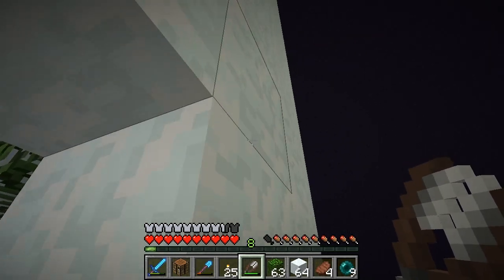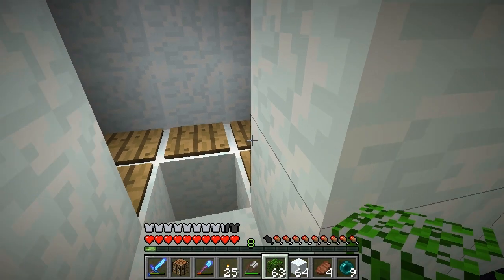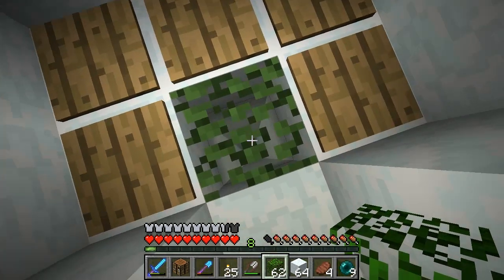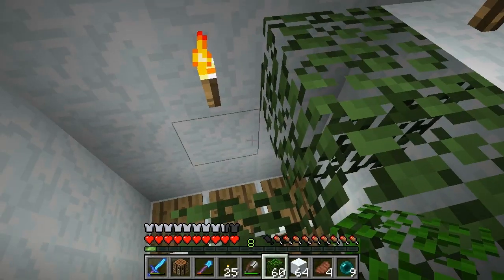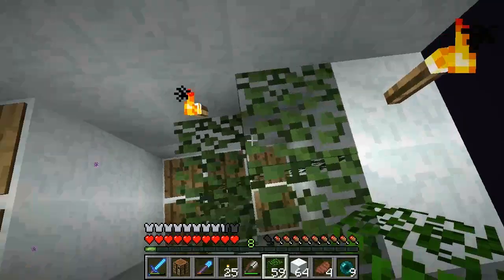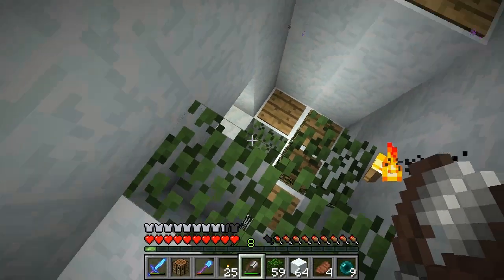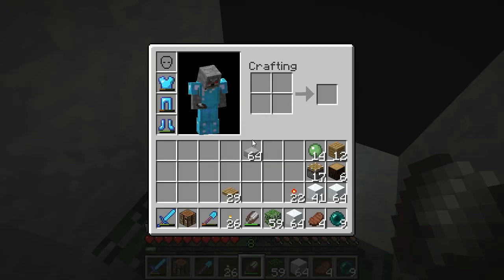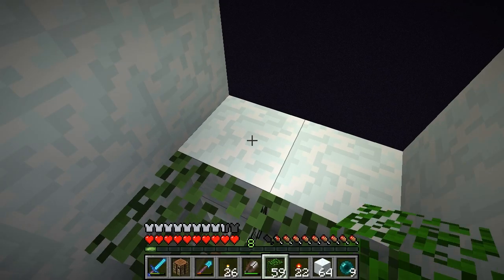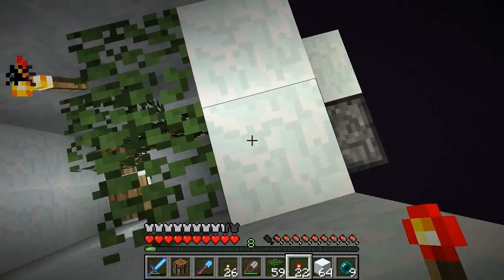Alright, since we're pretty close to the... Alright, I'm just going to go ahead and go up. Then I'm going to come back and break that down to just that one block. It can cause serious problems if there's no air spaces. I learned that from experience. Okay, so this is the first level, and we're going to go about this just like...